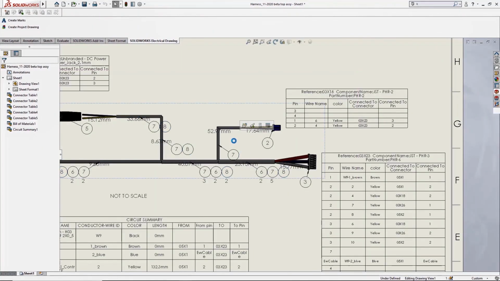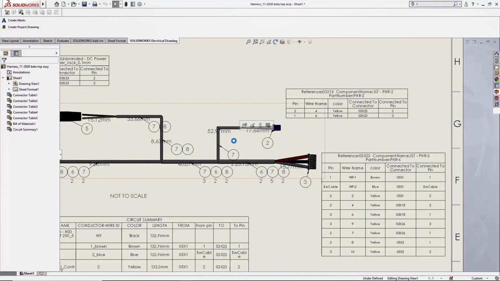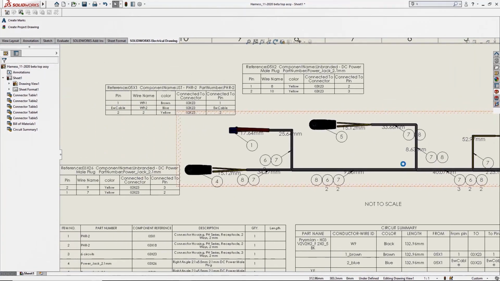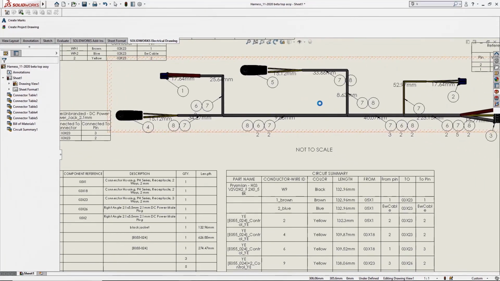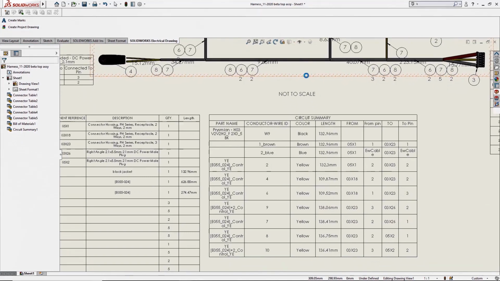This also ripples through to the drawing sheet, meaning that all of the connector tables, circuit summary and BOM information is updated on the drawing. This also includes new lengths for the new routes that have been applied to the 3D model. A real improvement to the design workflow in Electrical 3D, meaning it's easy to finish your design work and get